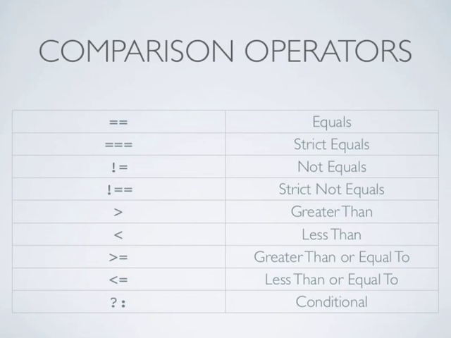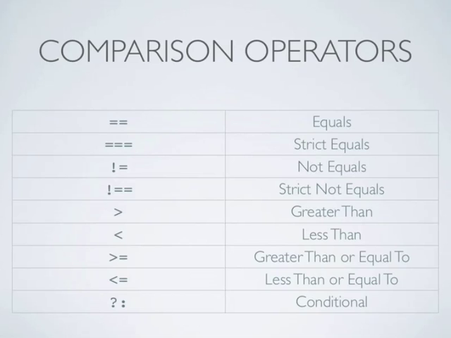The next operator, the triple equal sign, is called the strict equality operator. What it will do is again check to see if what's on the left is equal to what's on the right, but it will not try to coerce data types. So if the data types are not the same, it will return false and say these two things are not